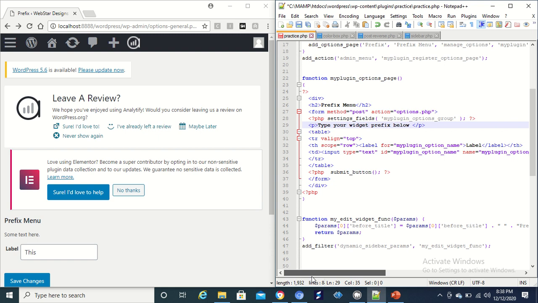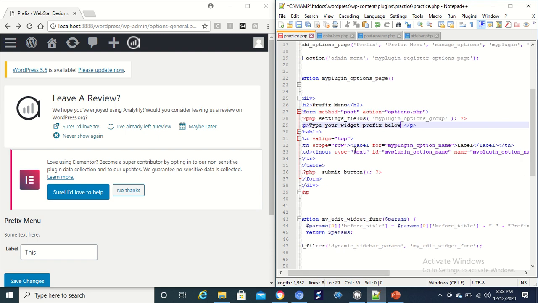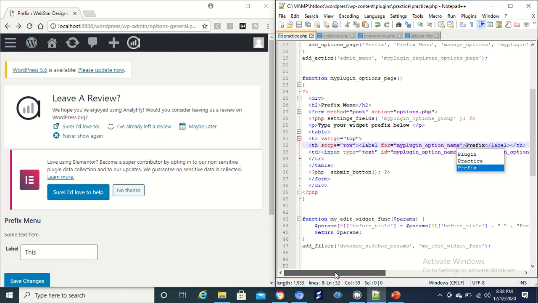And then we got your label for my plugin option name, so it's connected to the label, which is this, is connected to this with that. We're going to change label to prefix, the word label, prefix, save that, and